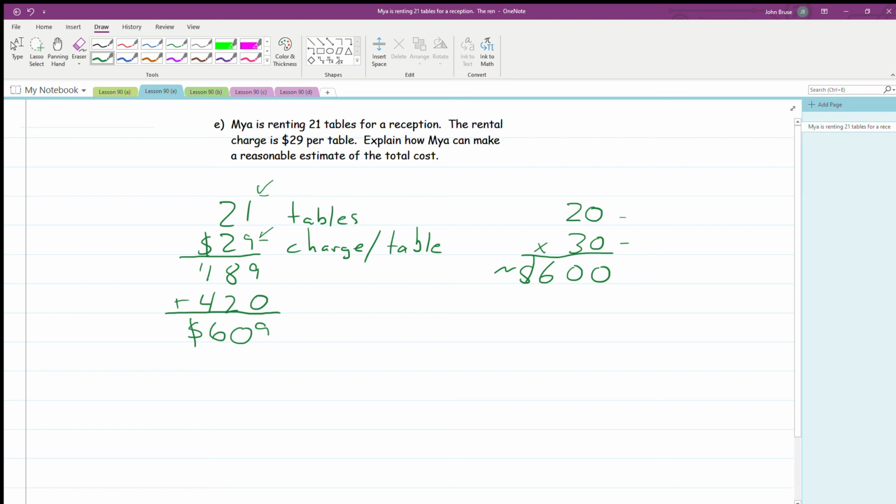So the directions say explain how Maya can make a reasonable estimate of the total cost. Well, Maya can round. That's what we did. We can round